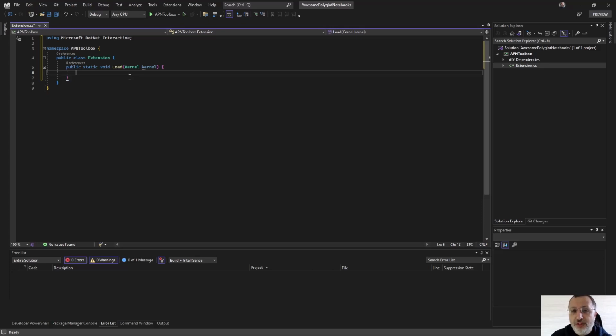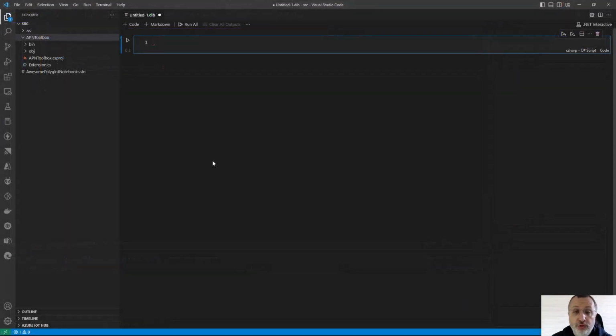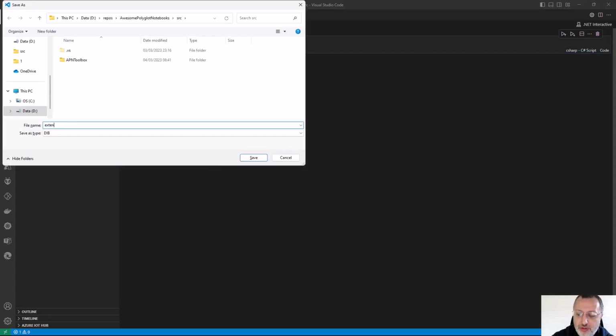What makes this class an extension for Polyglot Notebooks is the invocation of this method from Polyglot Notebooks. To do that, we need to create a notebook that is invoked automatically by Polyglot Notebooks. Let's see how to do that. From Visual Studio Code, we create a notebook that we put inside the extension project, and we give it a name that is extension.dib,